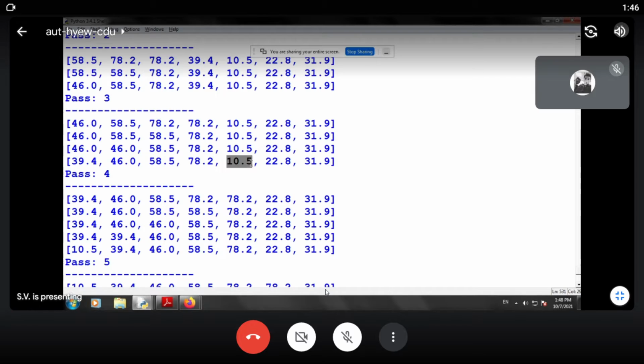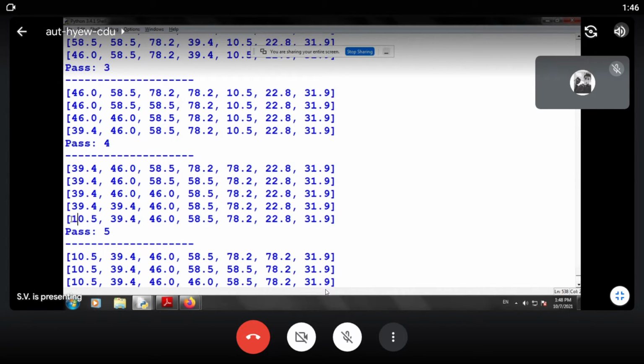So it finds the exact position of 10.5, which is at index 0, and shifts everything towards its right hand side as it has done previously. So by pass 5, it has sorted some of the contents. We see that the highlighted part is all the sorted contents.